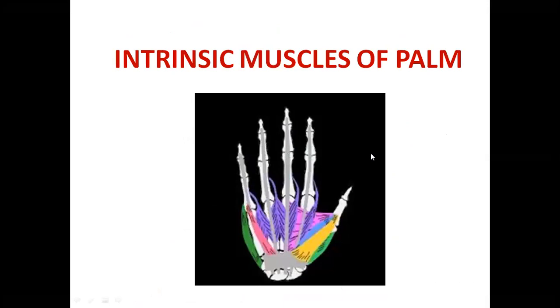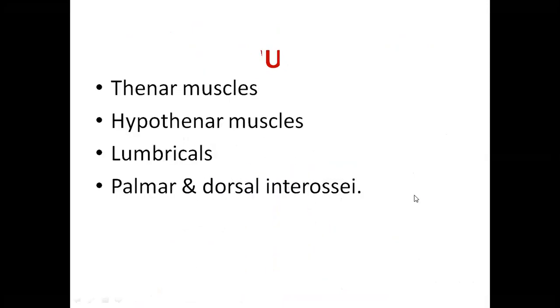So now, after knowing a few facts of the introduction about the palm, where you have studied skin, fascia and certain deep fascial modifications, we will now come to a very important topic, which is the intrinsic muscles of the palm. This itself is an essay question, 15 marks. The other topics we have seen, like palmar aponeurosis and fibrous flexor sheaths, can come as shorts and very shorts.